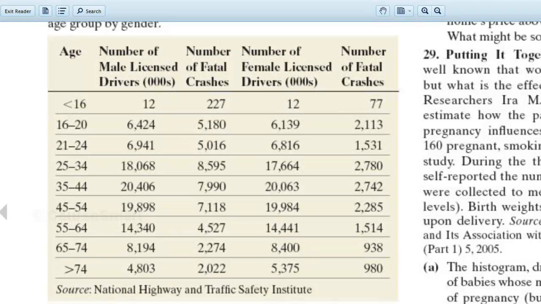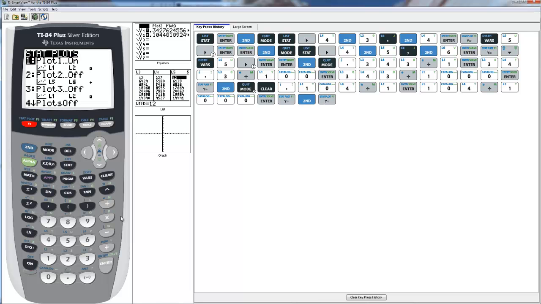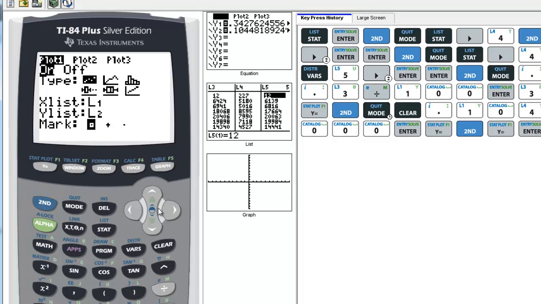So we need to do some work on the calculator here. We need to graph the data and we need to graph the regression lines as well. Now I already have the regression lines saved and ready to go. What I need to do is to get my stat plots turned on. And so it looks like the first one is turned on. Let's see what that is. It's a scatter plot and it's directed to list 1 and list 2. So I'm going to change that. I'm going to leave it on, and I'm going to leave it as a scatter plot, but I'm going to direct it to list 3